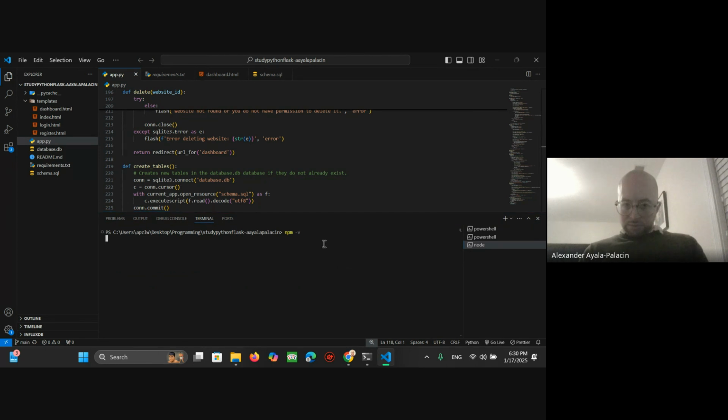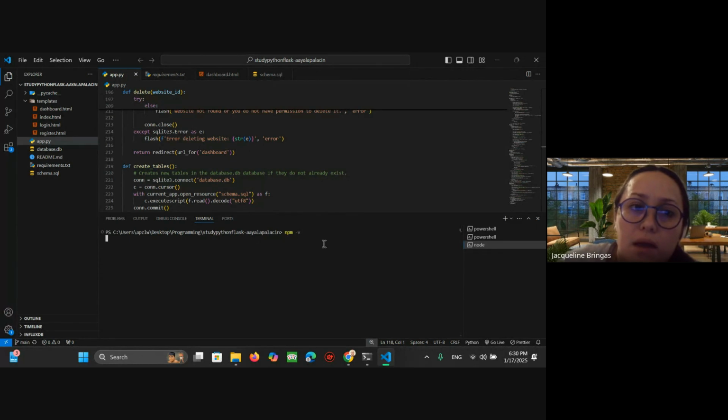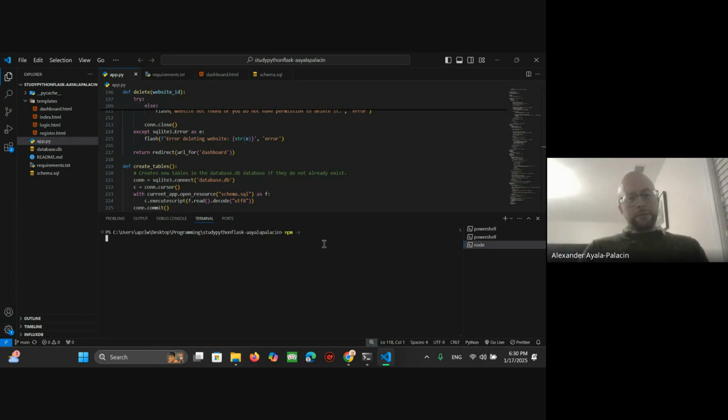Okay. And are there different commands between Mac and Windows? Yeah, a lot of similarities. Sometimes they're different. But sometimes you want to download something and it doesn't work. Okay, there we go. I have version 8.19. But sometimes you do that and it says command not found, and you think, what the heck? I went on Google and I put npm install whatever, or I think it's nvm install something. And the reason why it doesn't work is because